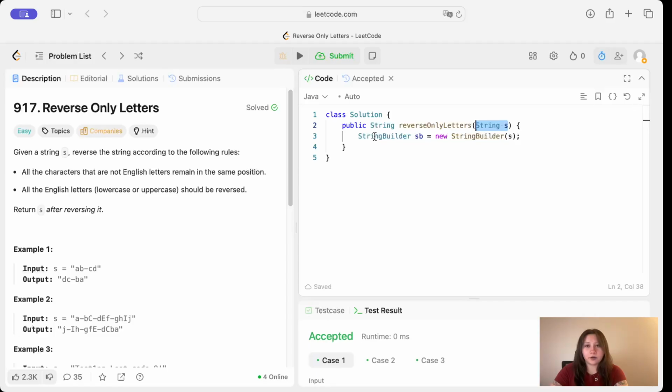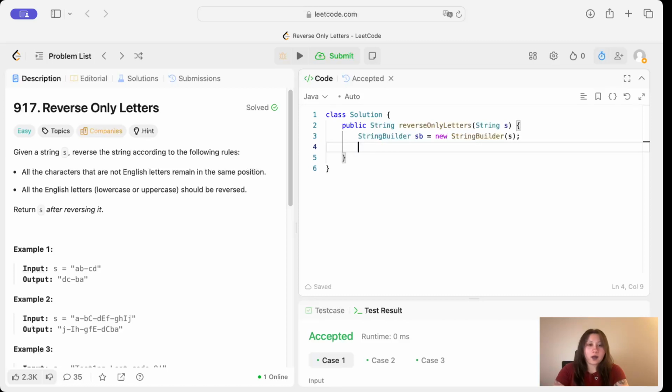For you guys who don't know, string builder is kind of like a hack for strings, when you're working with strings, because it improves the time complexity. Because basically, strings in Java are immutable, so every time you modify the string, you basically have to create a new string, which over time is really bad for the time complexity. It can really add up. So it's not recommended. But string builder is very similar to a string, and it is mutable. So this is a more time efficient way of working with strings. So anyways,